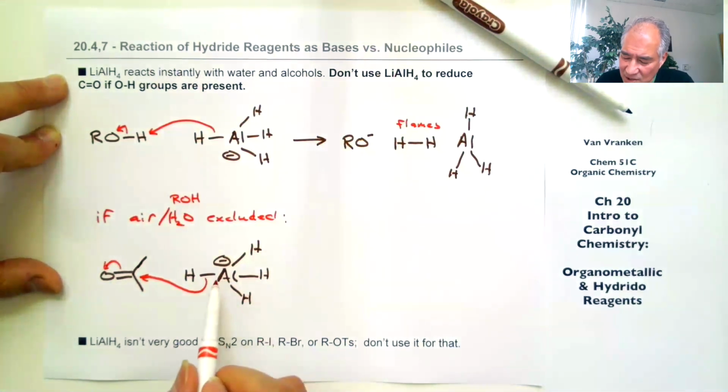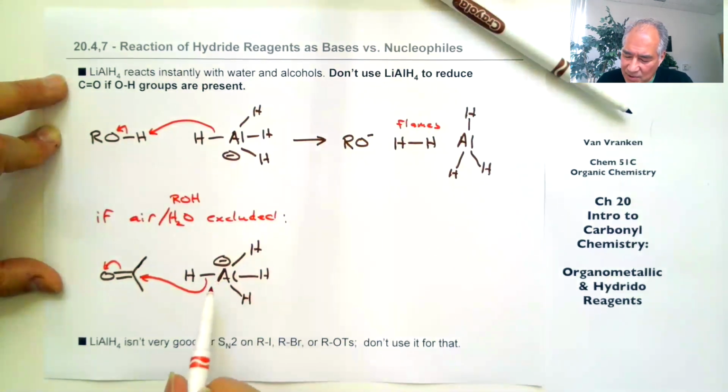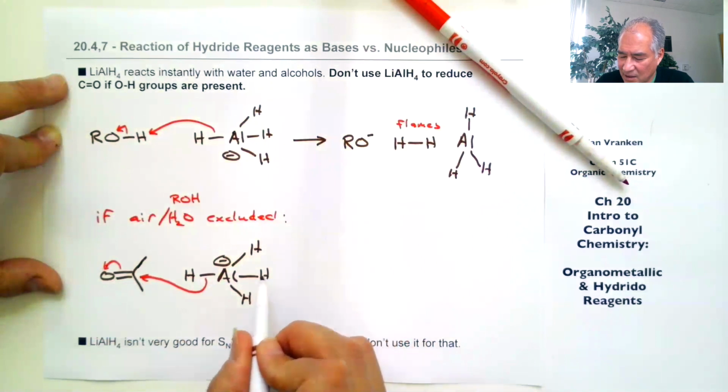Now, the frustration I think that many students feel when they enter this chapter, when they enter the third quarter of organic chemistry, is you can't tell from my arrow here whether I'm going to form a bond between aluminum or hydrogen. You can't tell. The arrow pushing doesn't tell you that. You know one of these things will end up attached to the carbonyl, and then the reader has to wait